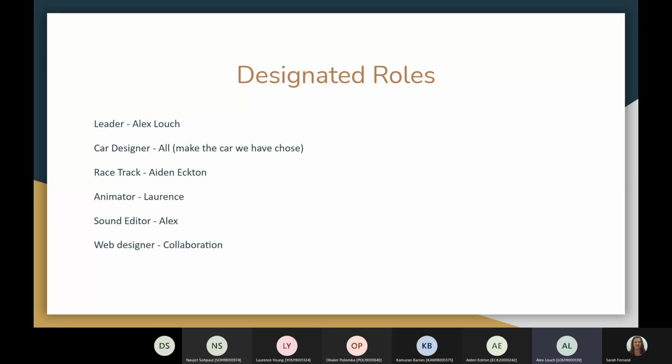So once we've all made our cars and the track, we will be sending Lawrence the files for him to then turn into an animation, as well as adding things like lighting effects and any other thing, like maybe a smoke effect for the cars to start off with, to make it as neat as possible before rendering and sending me the final file, where in my editing software I can then add the audio tracks to the animation, line them up perfectly, before giving it one more final render